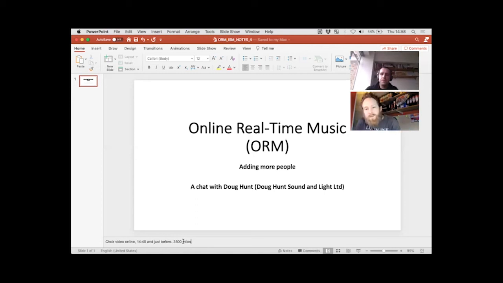So what did you move to? So basically, it's the same idea, but rather than having the hub being one of the participants, we have the hub sitting on a server, like an actual server. And I appreciate that that's kind of out of the reach of most people. But there's ways around that, and I'm going to get into that in a bit.